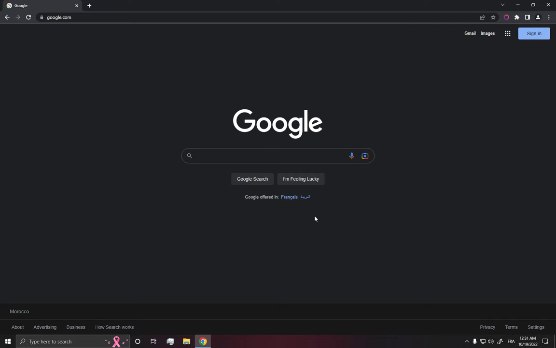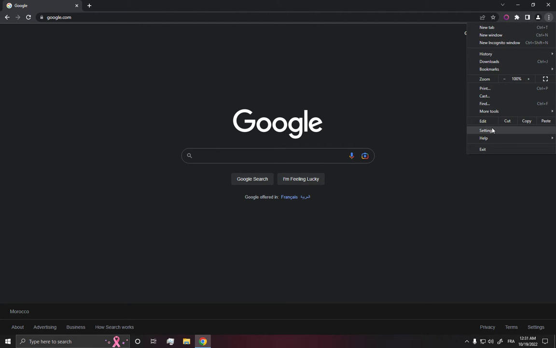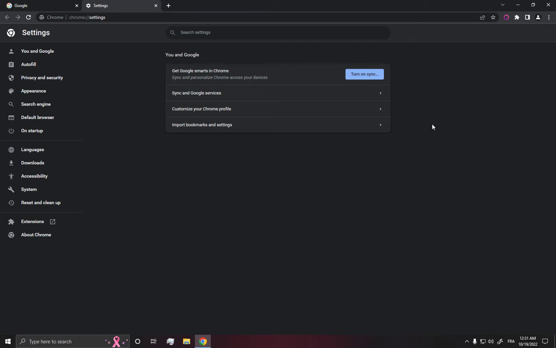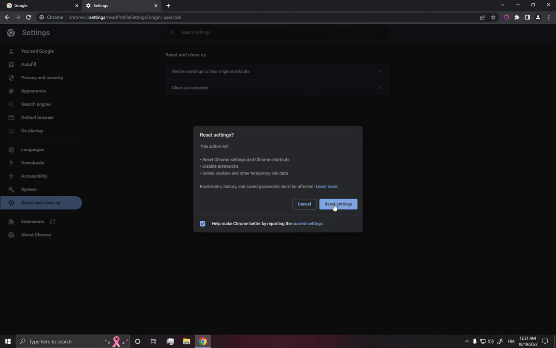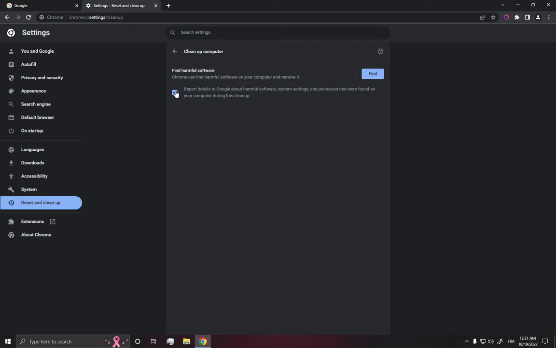All you have to do is go to the top corner, click here and go down to settings, and then click here on the reset and cleanup. Click on restore settings and click reset, and after that click on cleanup computer and click on find, and then